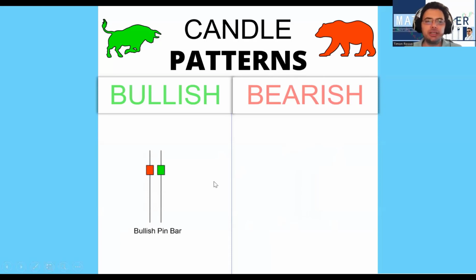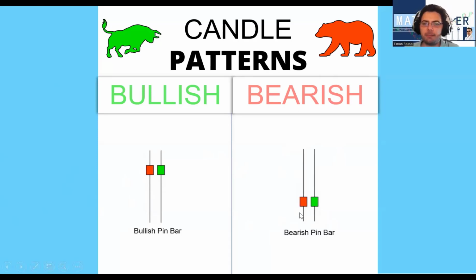We then have the bullish pin bars. The bullish pin bars is where there are two pretty much identical twin candles that have formed: first the down candle between the open and close, and then the next candle where we have the open and close, and basically they cancel each other out, and it's saying that we are not going down, we are going up. So that's the bullish pin bar.